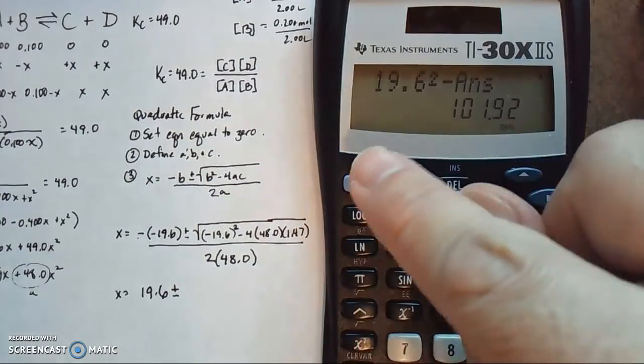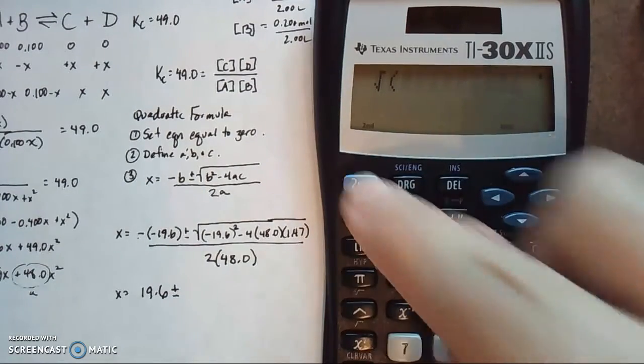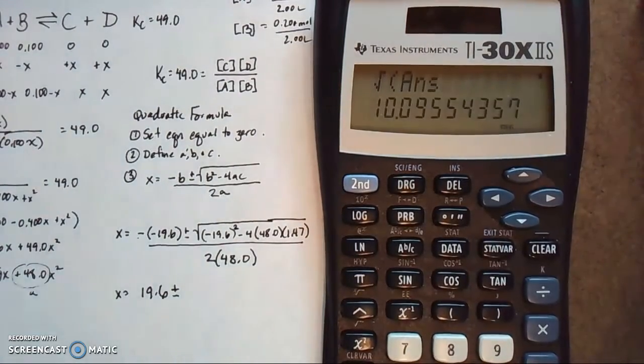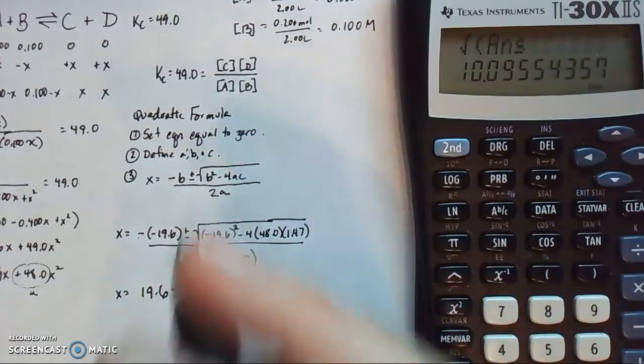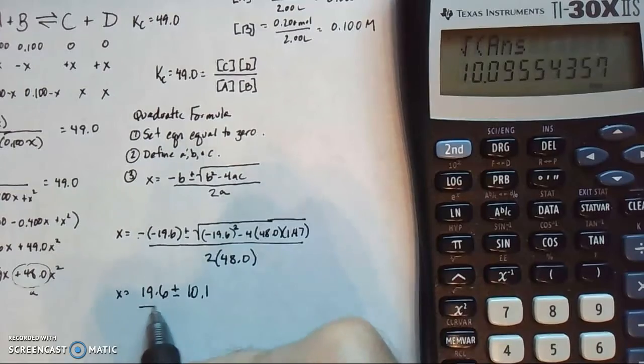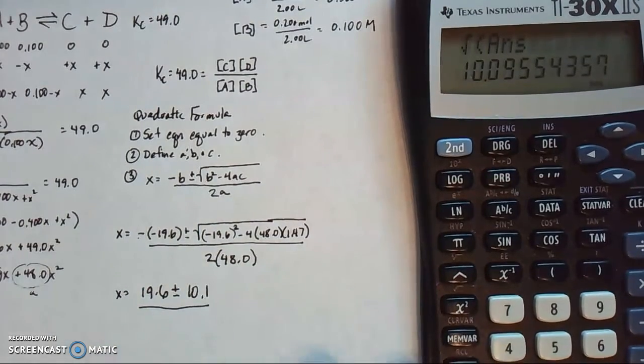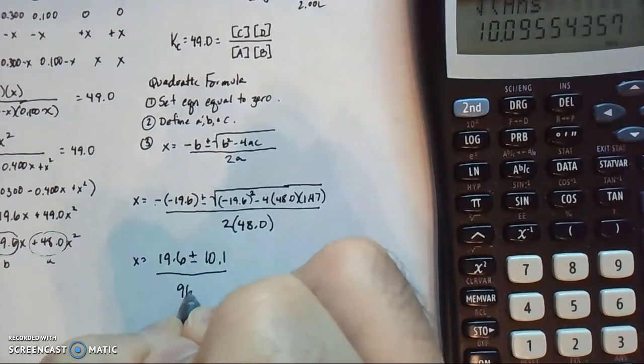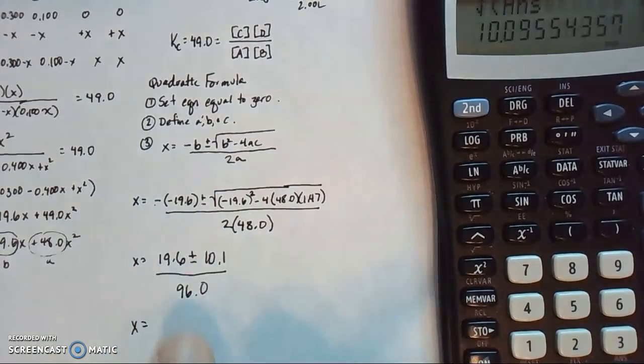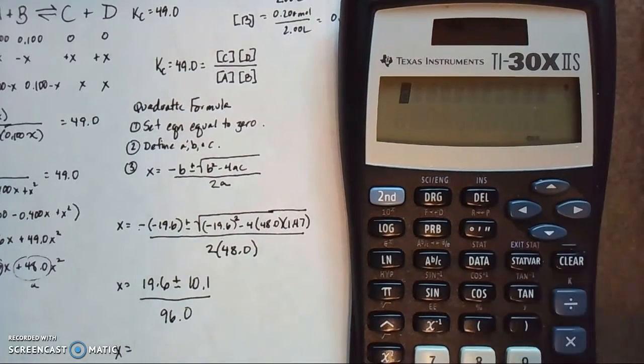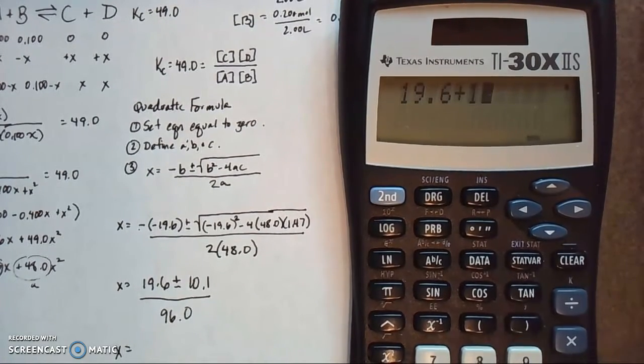And then I'm going to take the square root of it. So second square root second answer equals. And that gives me 10.099 or 10.09554357. And again, since we are doing 3 significant figures, I'm going to round that to 10.1. That's all divided by 48 times 2, which is 96.0. So because we have this plus or minus here, we're going to get 2 answers. So in the calculator, if I put 19.6 plus 10.1, then divide that by 96, I get